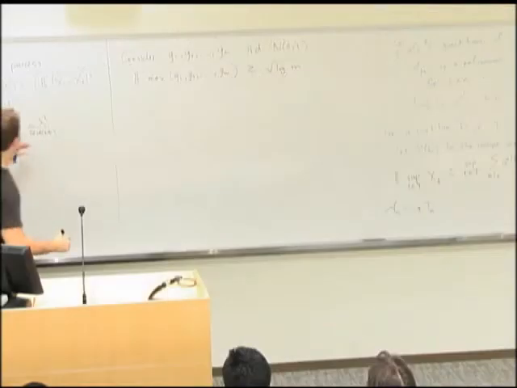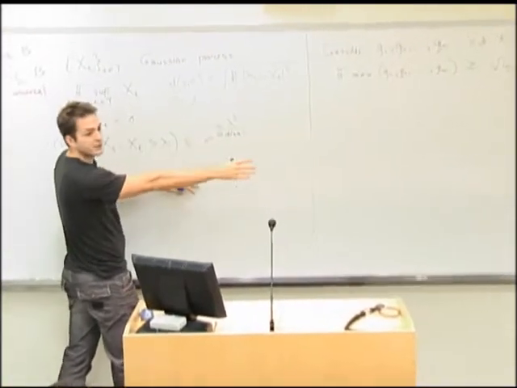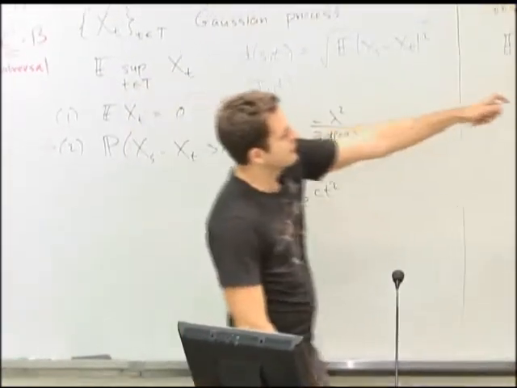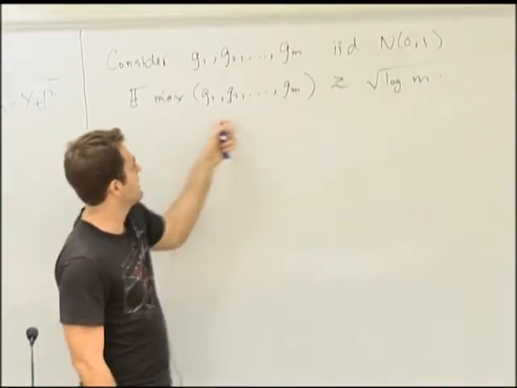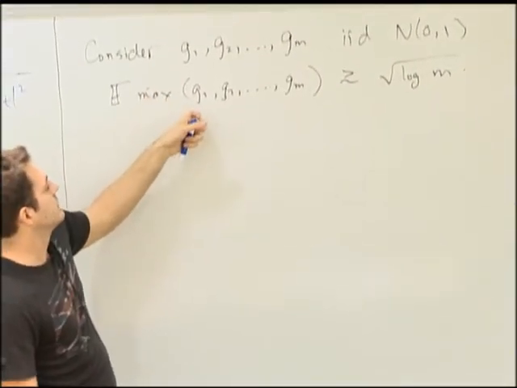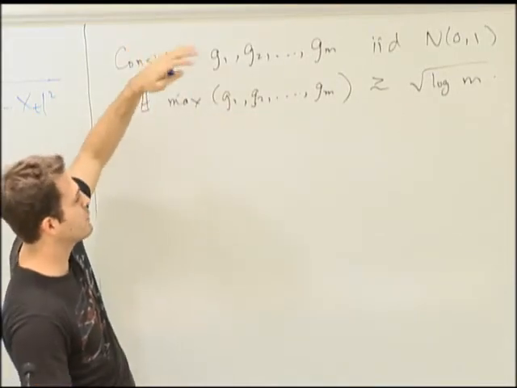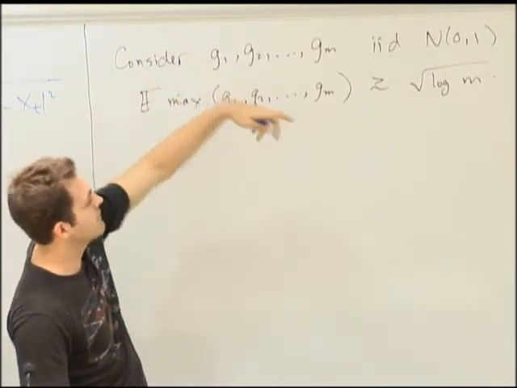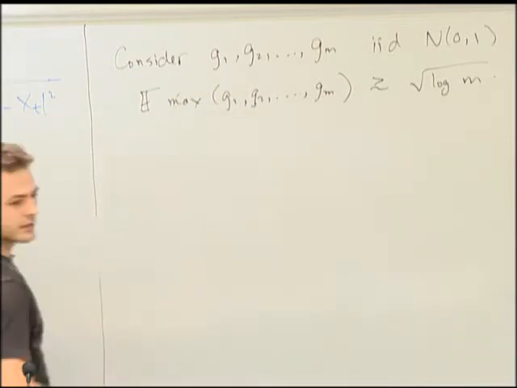It's just the fact that the tail really does behave like e to the minus c times t squared probability mass past t. So the probability that one of them is bigger than square root log m, if you put the right constant, is at least say 1 over m, or 1 over square root m if you like. So if you have m of them, one of them should get there, because they're independent. Can you do a second moment?